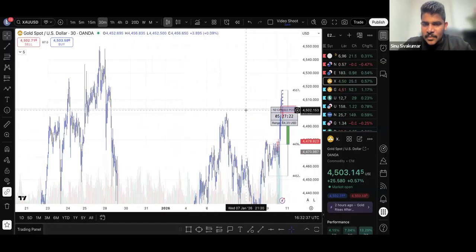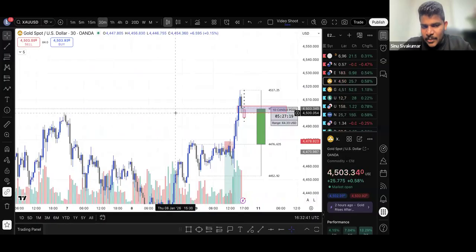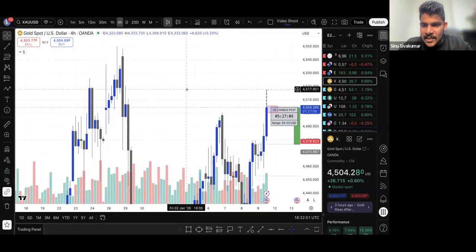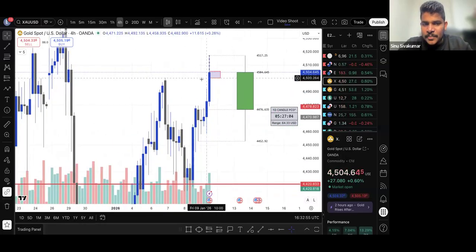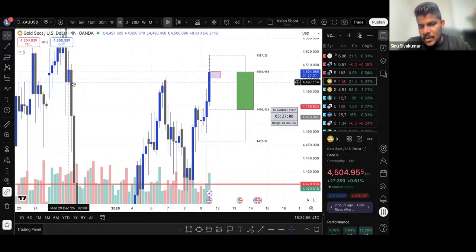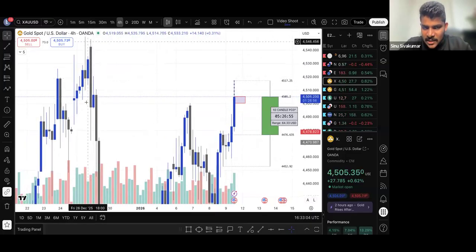CRT concept, what CRT does is a liquidity sweep and closing below this candle, which means in a 30 minutes the turtle soup is happening here, and on a 4 hours we have 1 hour 30 more minutes for this to be a true turtle soup and this to be a true order block, which is the sell side imbalance within this entire